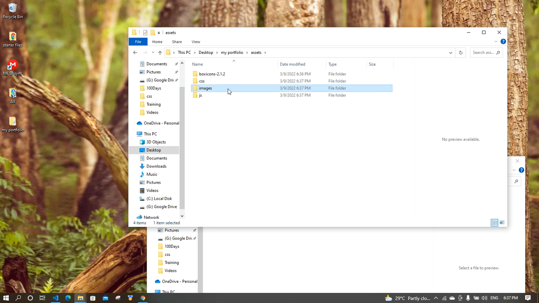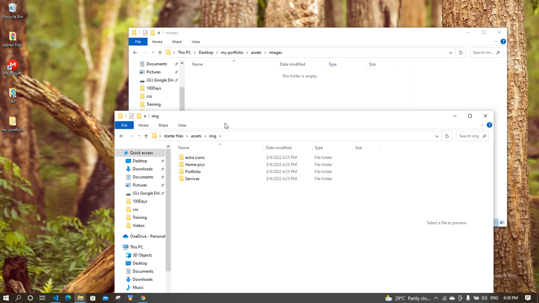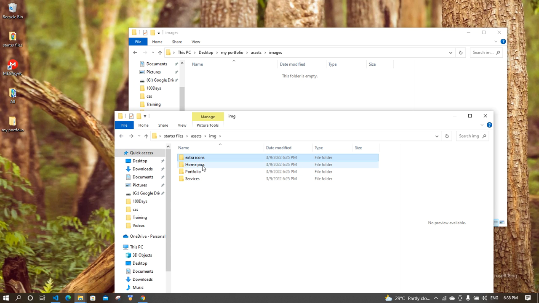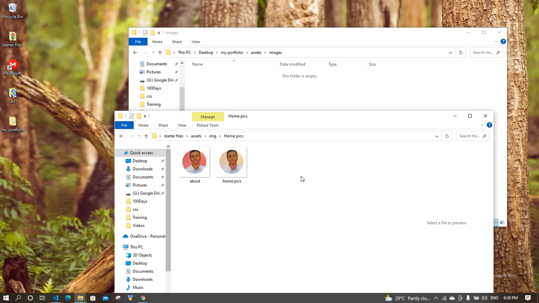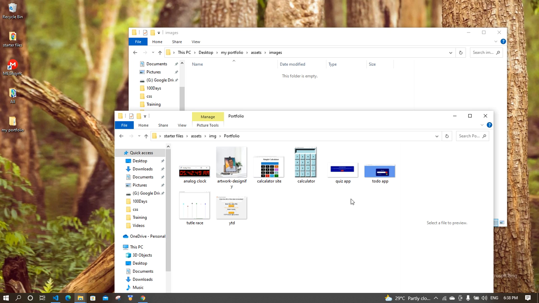Here now I want you to include all the images you want, just like the way I named this here. I will go to my assets in the starter file, images. You can create folders, for example for the icons, so include all these icons and go and download these icons here. Create another folder which is home page, and put the images you want to use for your home page here. Name it home page. For the portfolio, maybe you've done some projects earlier, so go and screenshot the project,